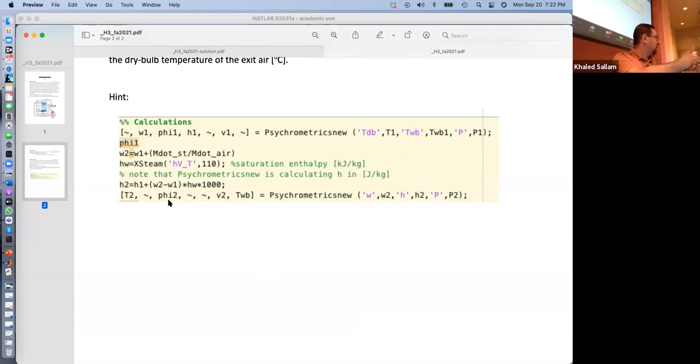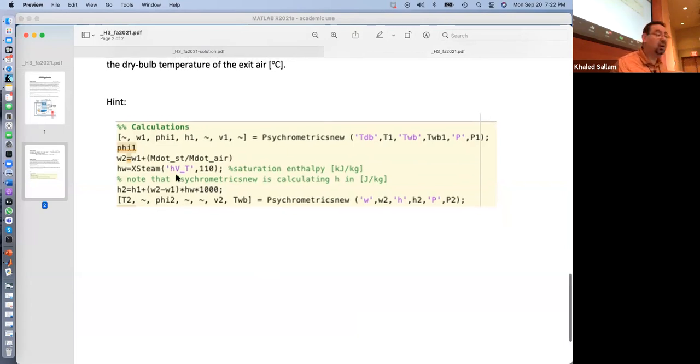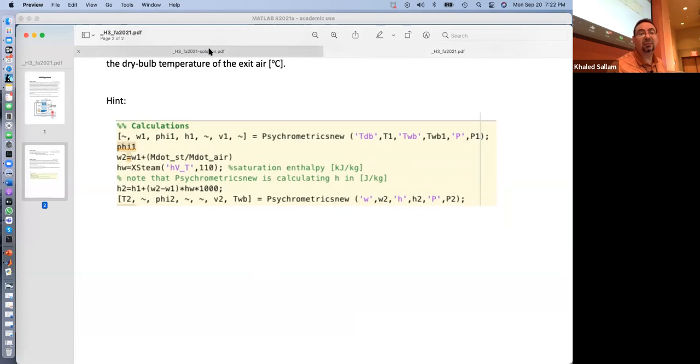Assume m dot steam, calculate Phi2. Not 70%, 60. Let's make more steam, 65. Oh no, let me add more until you hit 70. Okay, so just using this, you keep doing trial and error until you get